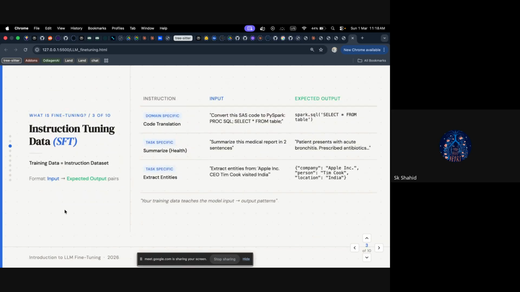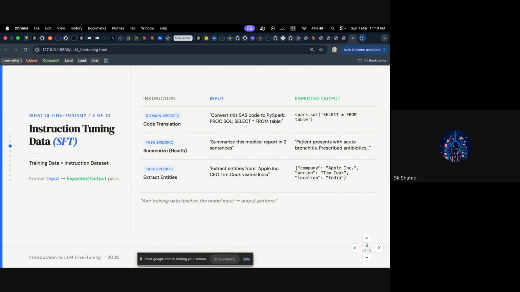Now, this is how a sample instruction tuning dataset looks. For any kind of instruction data, mostly we have two kinds of fine tuning. Either it is instruction fine tuning, or it is task specific fine tuning. For the instruction fine tuning that we see here, this is how the sample data should look. It should always have three fields: instruction, input, and output. In the instruction itself, the user should have the question,